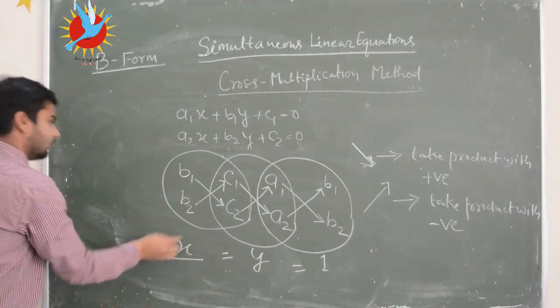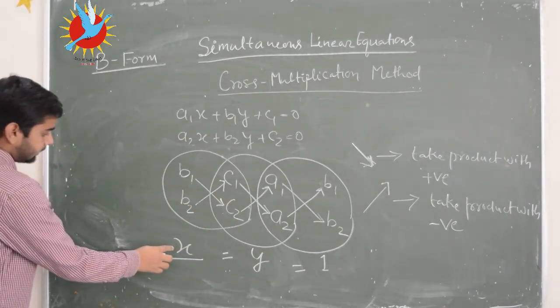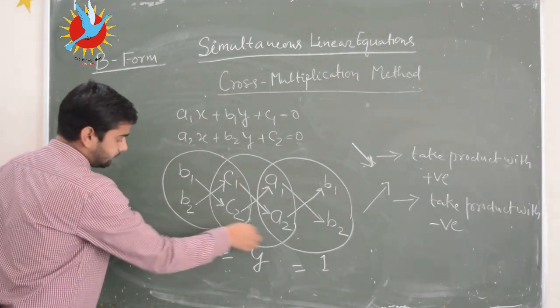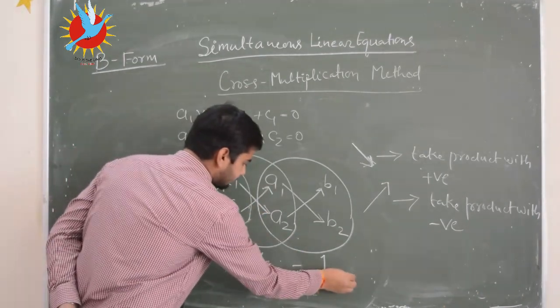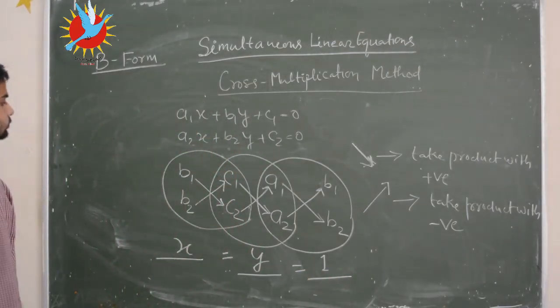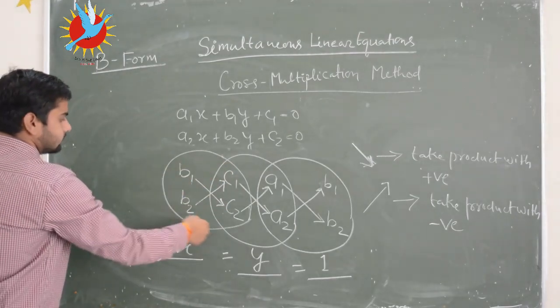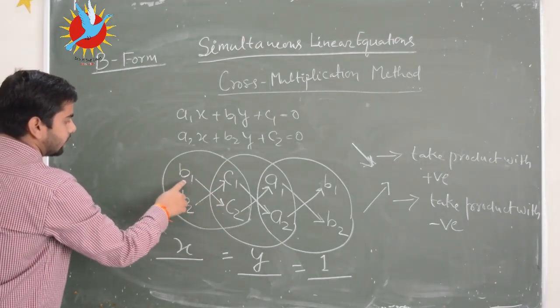Now from the first pair, the product we will get, we will write under x, and from the second pair the product we will get, we will write under y, and from the third pair the product we will get, we will write here under 1. Okay, so from the first pair, just think about this pair, first column and second column, so product will be